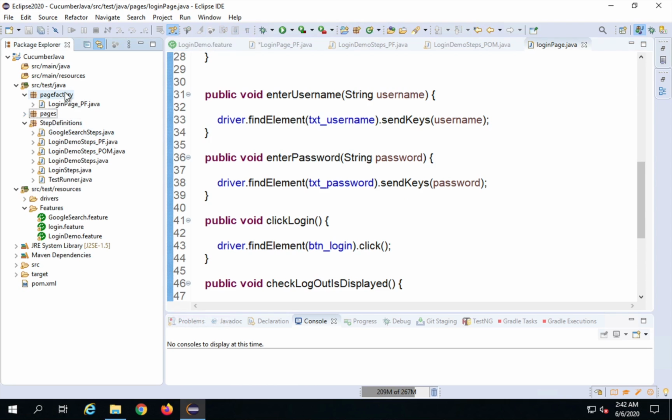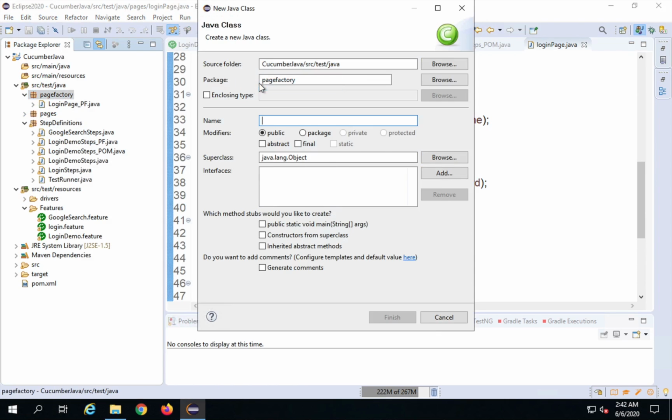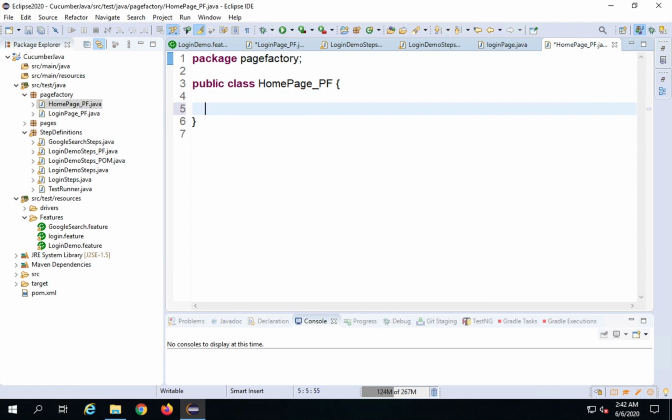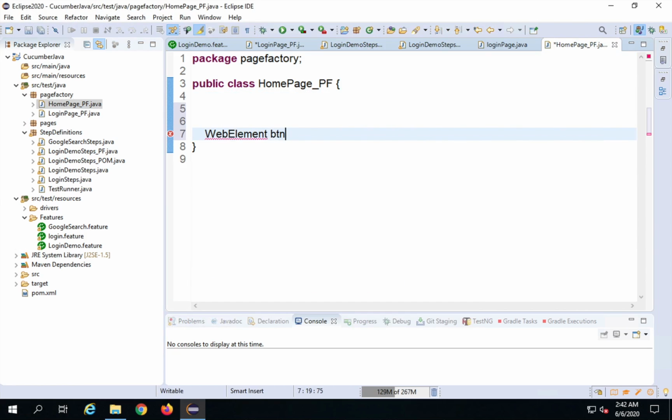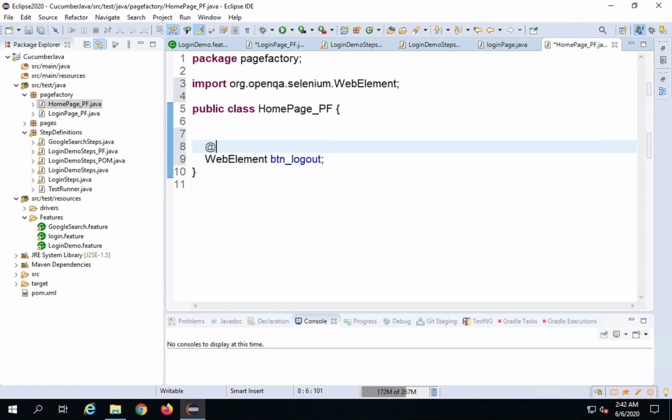So I'm going to create a new class now under page factory. I will create a new class and I will say this is homepage underscore pf, and here I will create an object for logout button, and all the other objects of the homepage I can create here. And I will have to import web element from org OpenQA Selenium, and I will say find by I know id is there equals to logout,